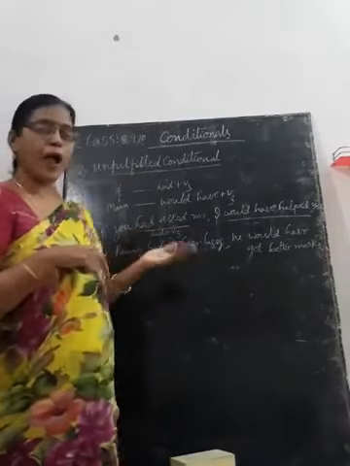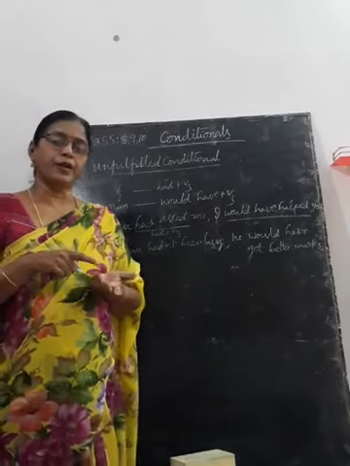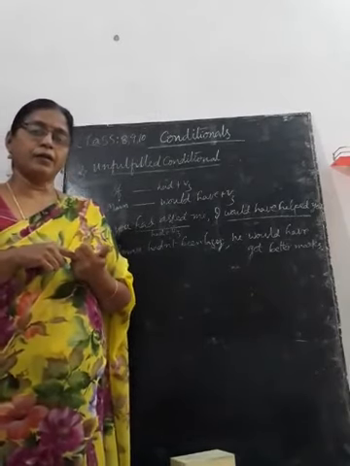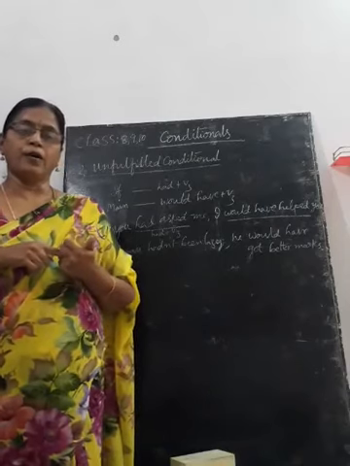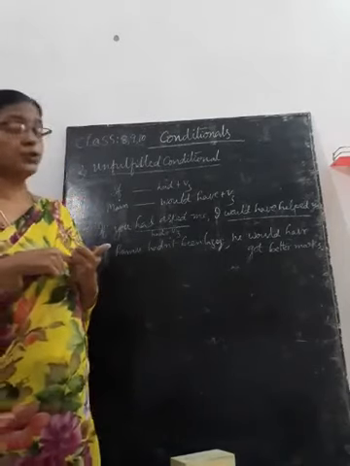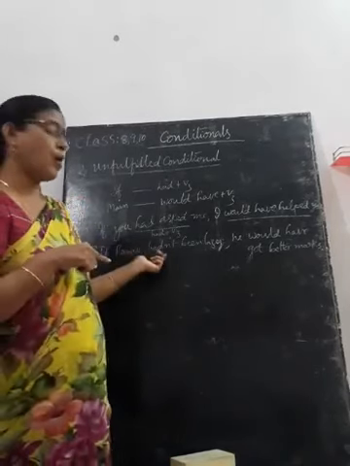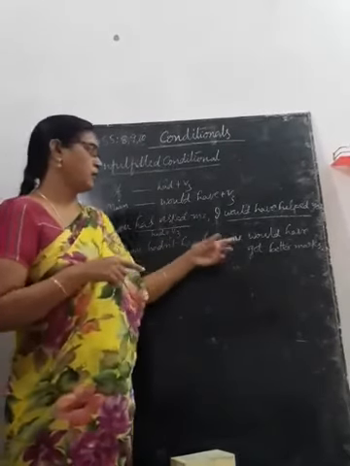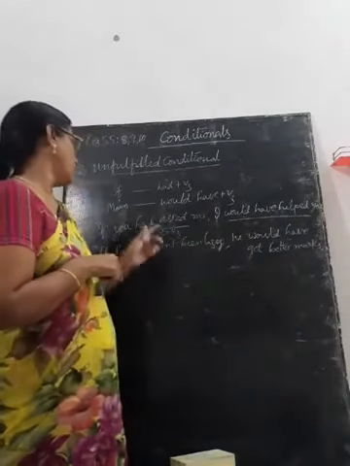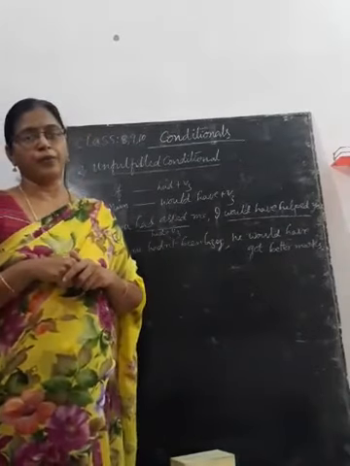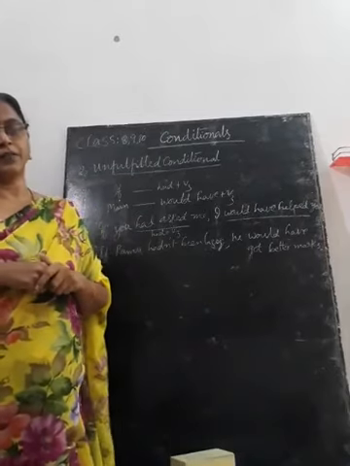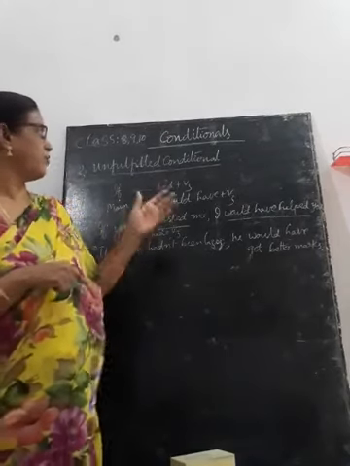For example, if you had telephoned me, I would have come. If you had asked me, I would have helped you. If I had had money, I would have lent it to you. If Ramu hadn't been lazy, he would have got better marks. If you had asked me, I would have helped you. If I hadn't been sick, I would have visited. In that way, we can frame many sentences by following the structures.